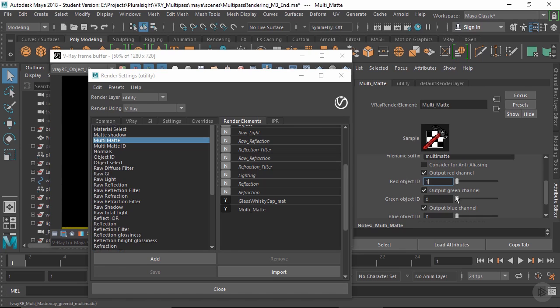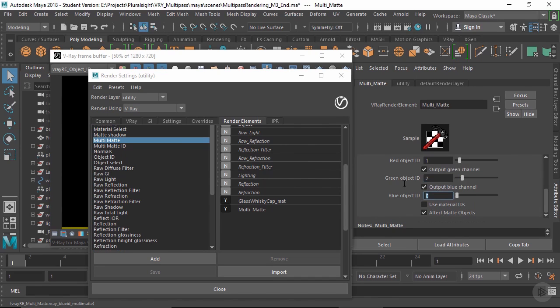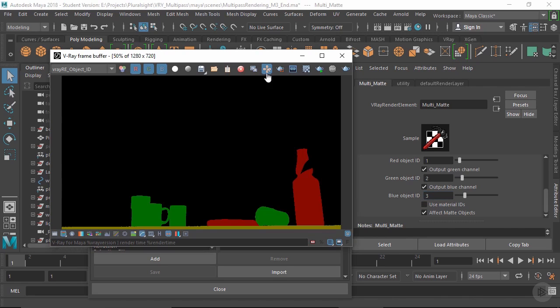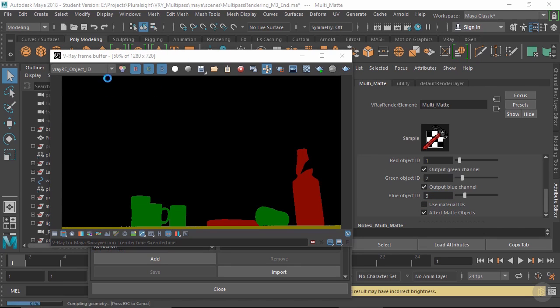So 1, 2, 3 corresponds to the numbers we assigned. These numbers only exist because we've done them. By default it will be using object IDs. If you actually tick this box, it will use the material IDs. I'll just show you that in a minute. So if I render that quickly,